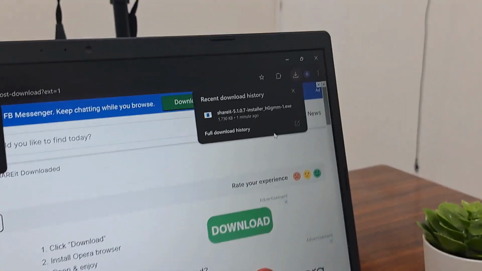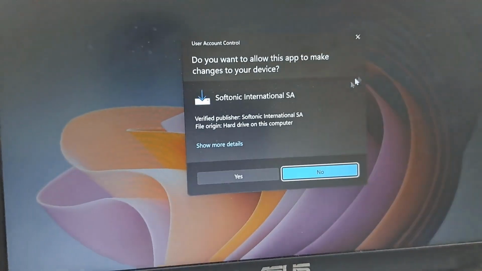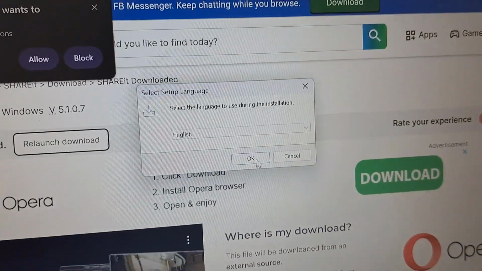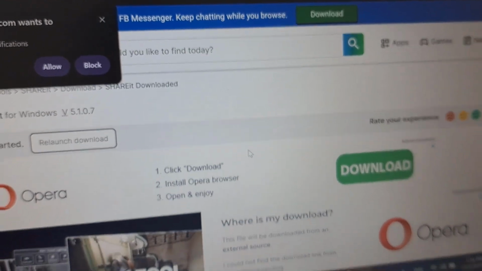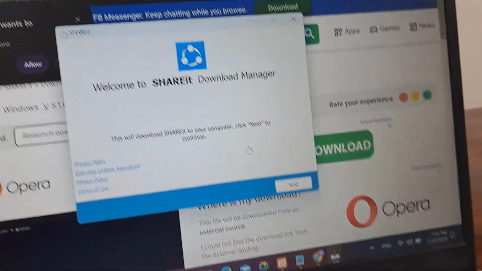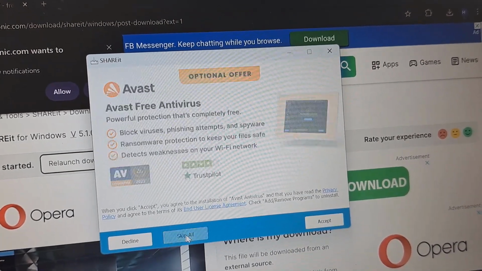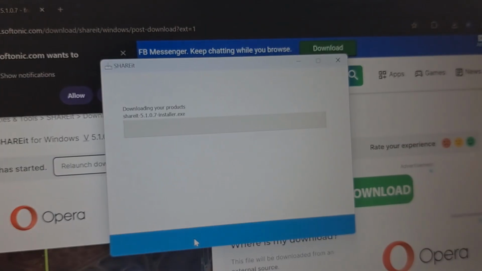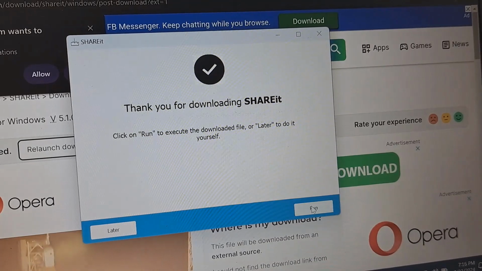After ShareIt finishes downloading on your Windows, click on it and click yes and click OK. Now click next, click skip all, perfect, then click run.